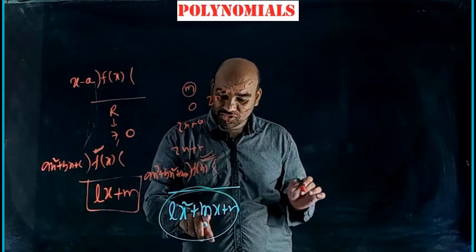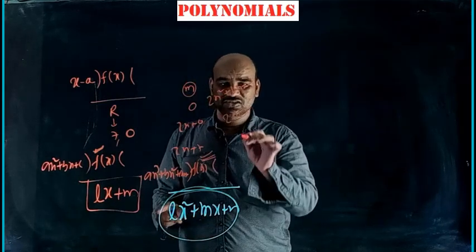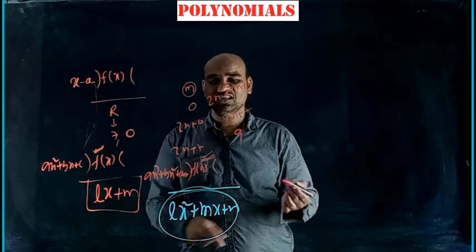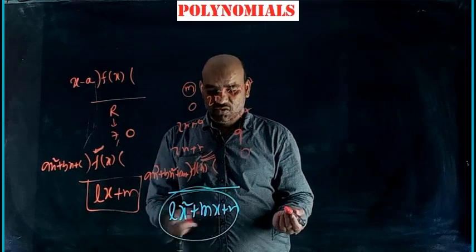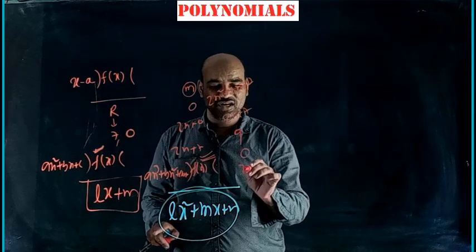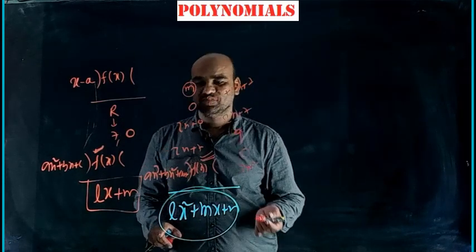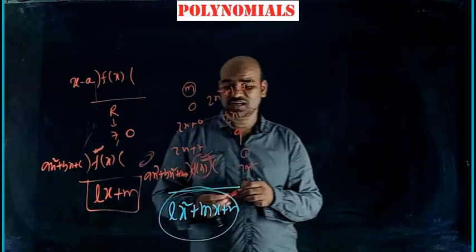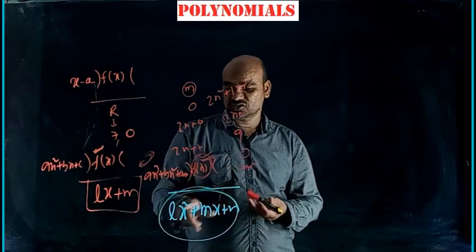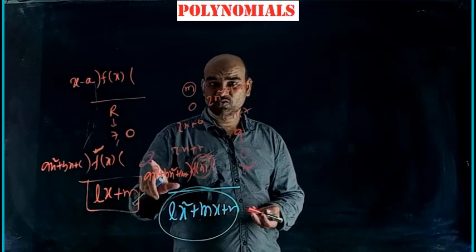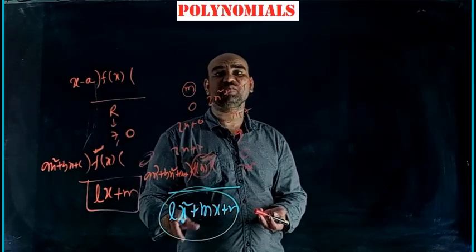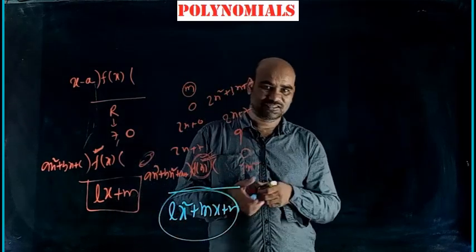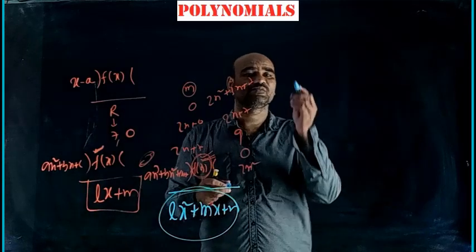Okay, if m equal to 0, L equal to 0, n is not equal to 0, the remainder may be just a constant like 9. So if all three are equal to 0, the remainder is 0 only. If only these two are 0 and this is not equal to 0, the remainder is maybe of the 2x square form. This means that if a polynomial is divided by a third degree polynomial, the remainder should be Lx square plus mx plus n. If the divisor is fourth degree, your remainder should have the form Lx cube plus mx square plus nx plus k. So important. So, an example problem.